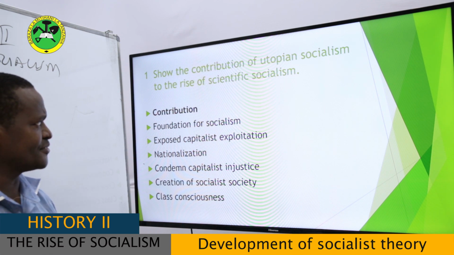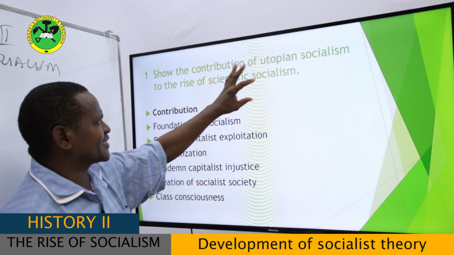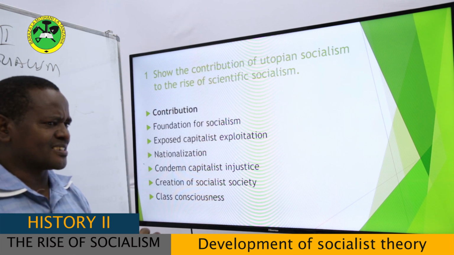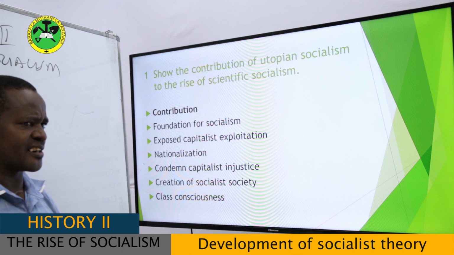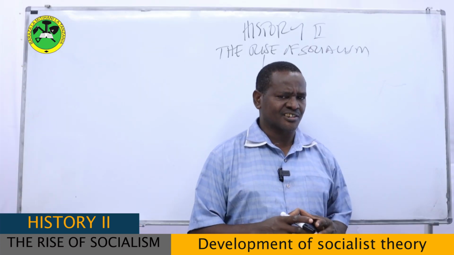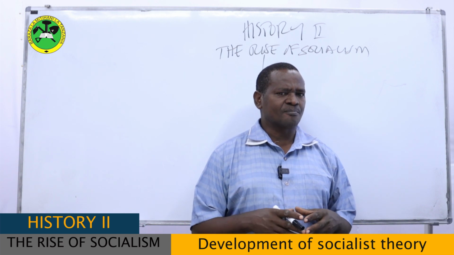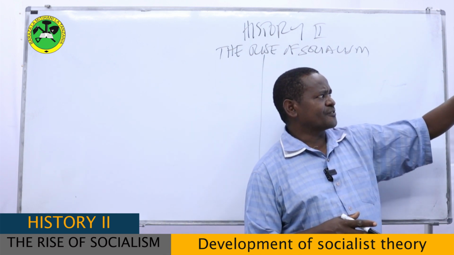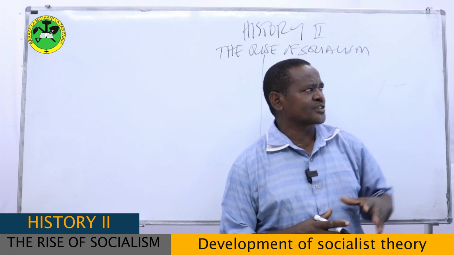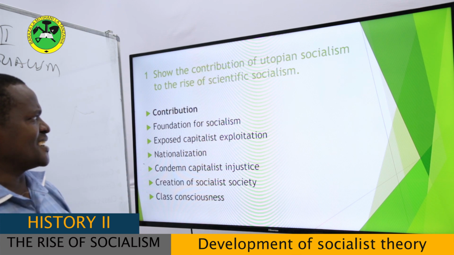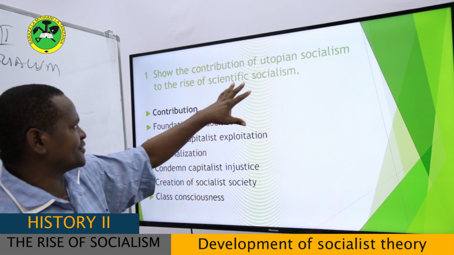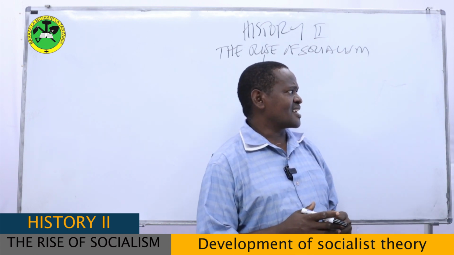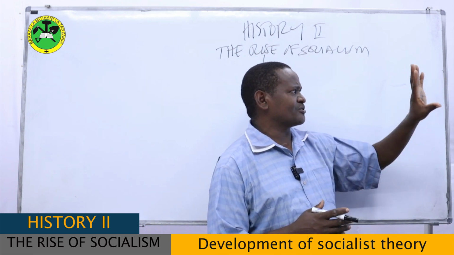But very important, my dear students, you'll have to provide at least a few characteristics of utopian socialism and also characteristics of scientific socialism. But don't trouble yourself to explain a lot regarding these characteristics, because this is just part of the introduction, and you are presenting them at least to put you in a good position to tackle this question, my dear students. So in characteristics, of course, you are going to say that, for instance, utopian socialism was immaterial, idealistic, and so on and so forth. And when you come to scientific socialism, you'll say that it was scientific, but most important, it was material. So that's what we're going to say in the introduction.